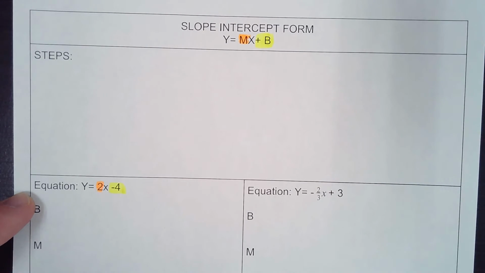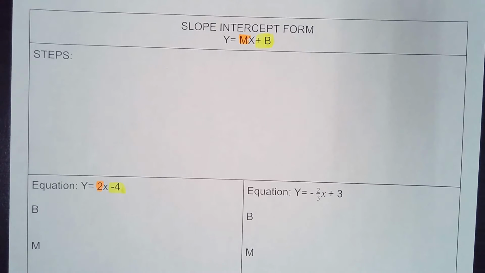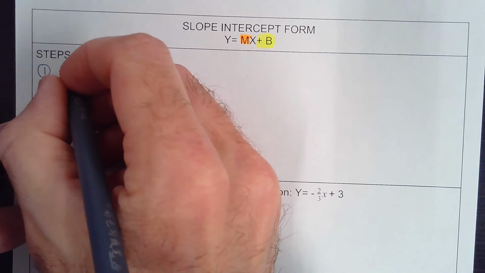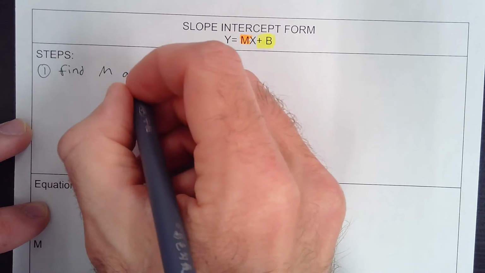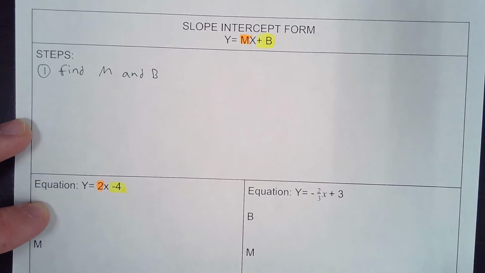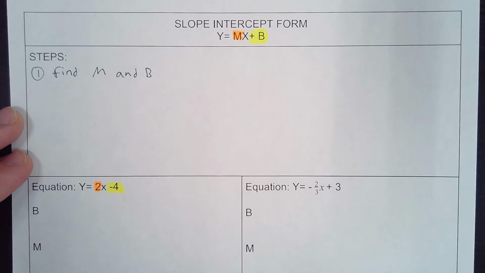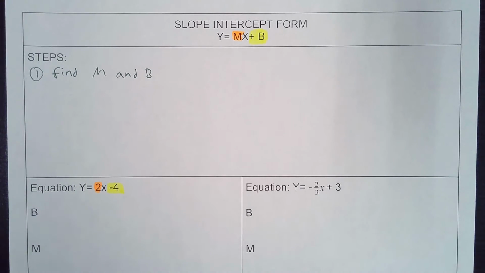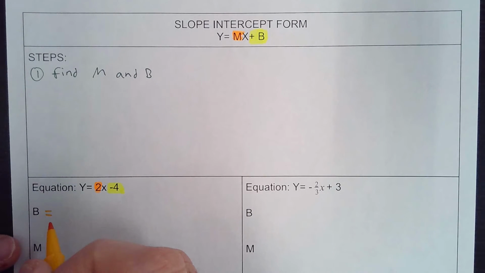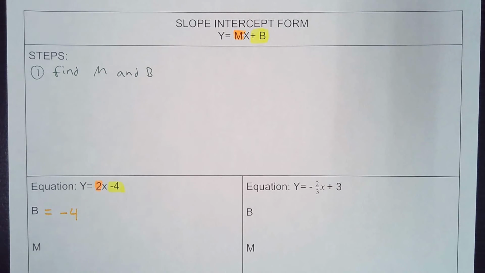So when we're going through this, we're going to make some steps. My first step is to find m and b. So step number 1. Find m and b. Find m and b from the equation. So look at this. In our equations that we have down here, let's find m and b. So b is equal to -4, and m is